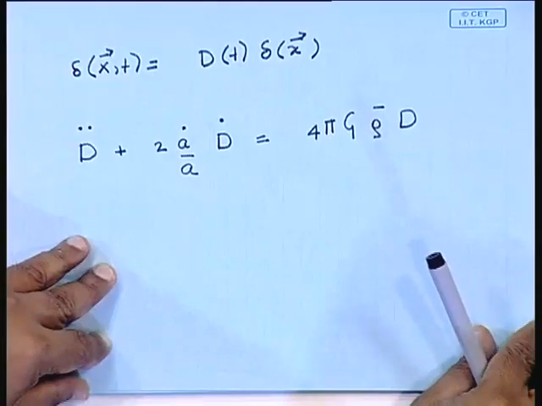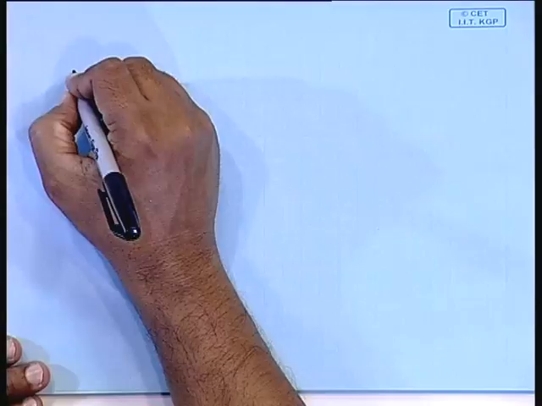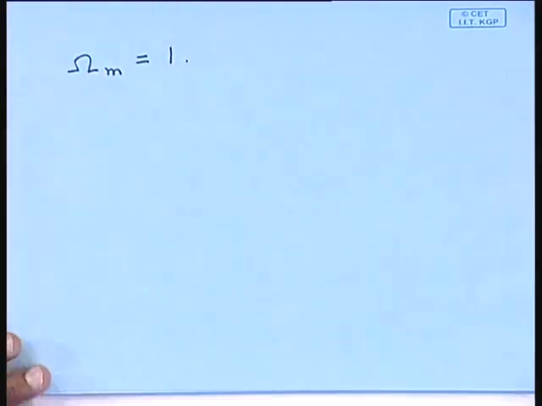Okay, so let us now work out one case explicitly first. Let us take the cosmological model where omega matter is equal to 1, there is nothing else. This is the familiar Einstein de Sitter cosmological model, and we have worked out this cosmological model in some detail. So let us work out this cosmological model thoroughly. If omega matter is equal to 1, there is only matter, nothing else in the universe. Then we know that